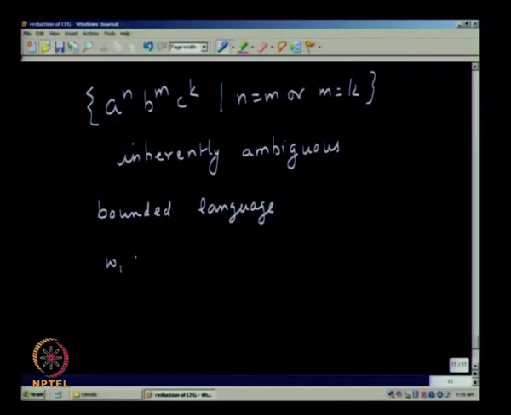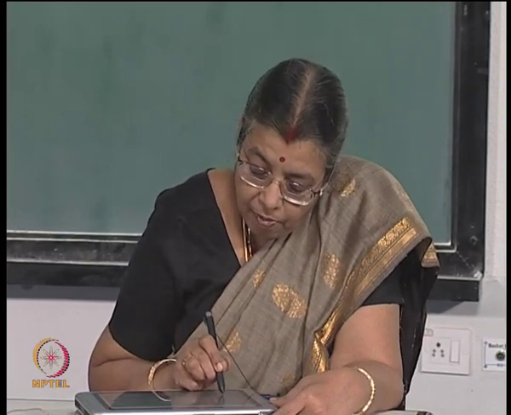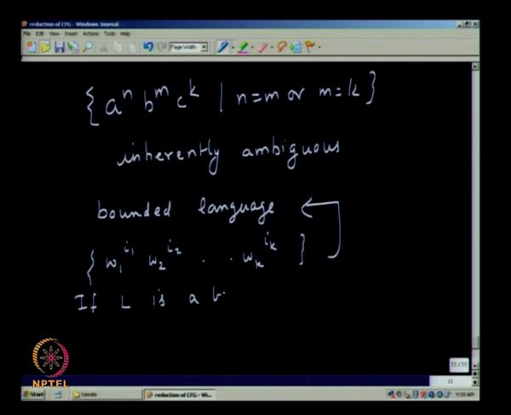There are fixed words W1, W2, like that, WK, such that the language will be of the form W1 power I1, W2 power I2, up to WK power IK, where I1, I2, IK are integers having some relationship. If the language is of this form, it is called a bounded language, and given a bounded language, there are algorithms which will tell you whether it is inherently ambiguous or not. If L is a bounded CFL, there exists an algorithm